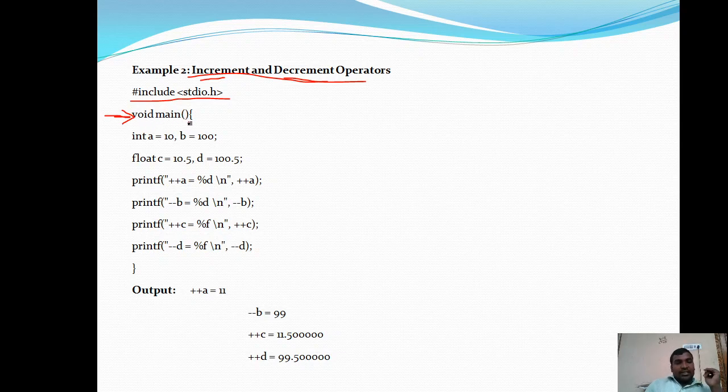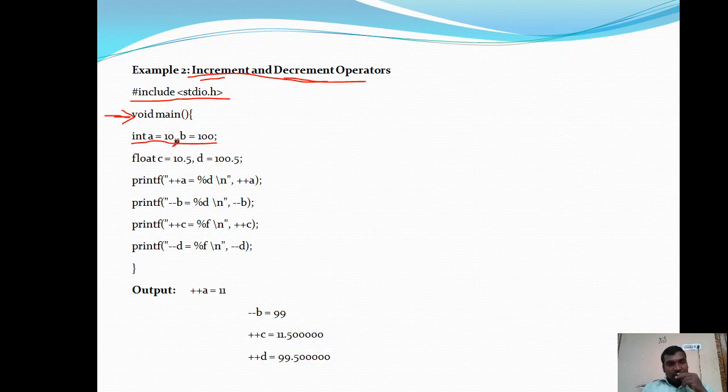So after executing this statement, the first line of code will be executed: a equals 10, and b equals 100. Here you need to understand one thing: we are using a comma. This comma is an operator, one of the operators in C programming.